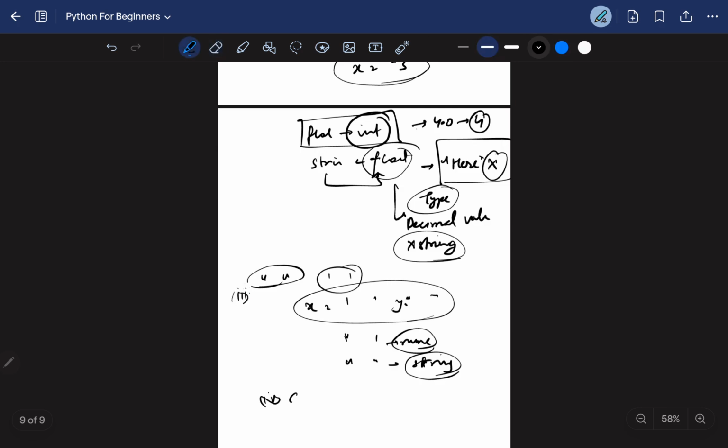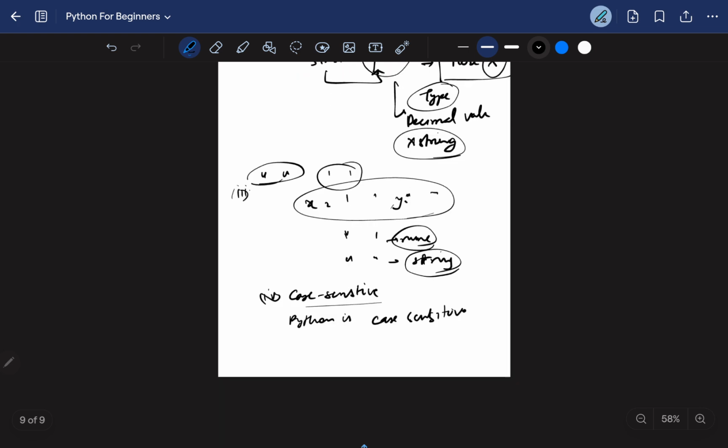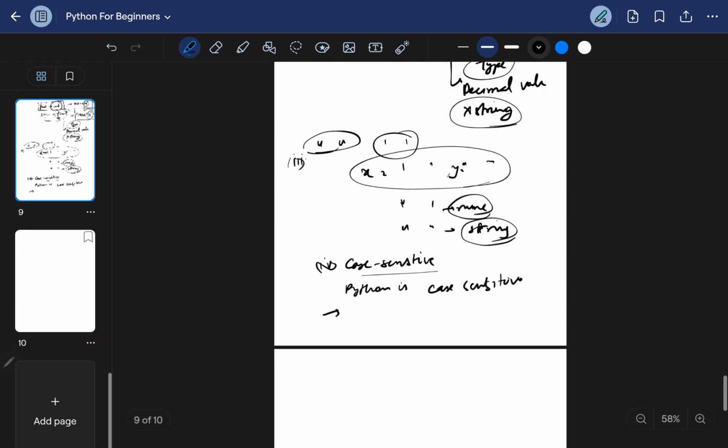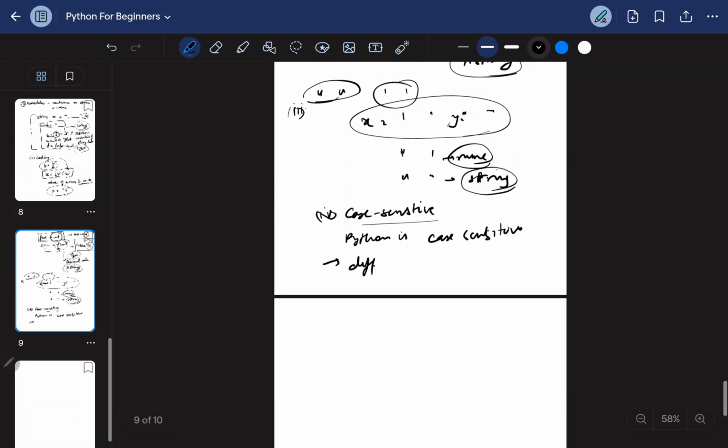Okay, now the fourth thing we will talk about is case sensitivity. So Python is case sensitive. Okay, that means it can differentiate between uppercase and lowercase. So if you are providing a variable name like this,